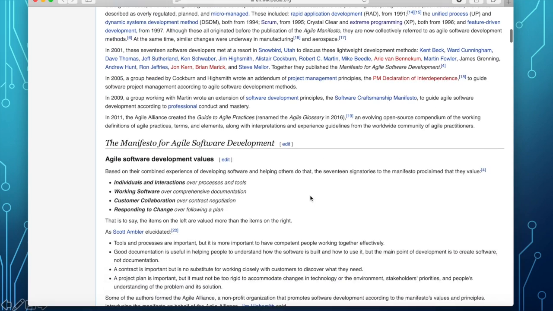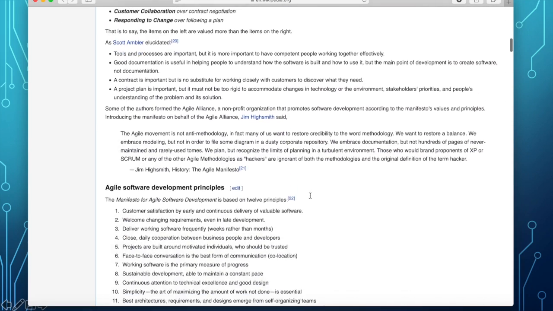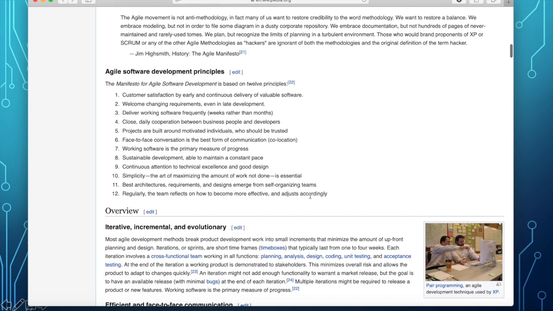Okay, let me tell you about the agile software development principles. There are 12 of them, and remember the description of agile software development: it is iterative, it is incremental, and it is evolutionary. Okay, so that is the main description of the agile software methodology.